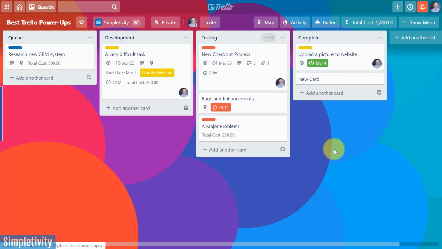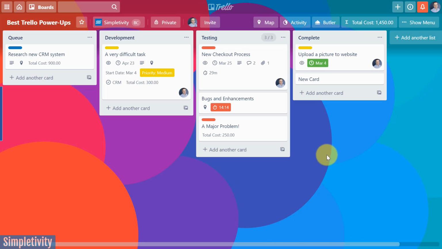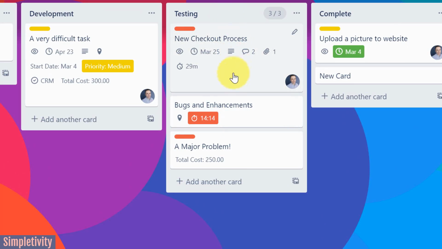Now, the very last one on my list today is, yes, just like the previous four, absolutely free, and it has to do with activity. In particular, tracking your activity and how long you are spending on particular cards. Let's take a look at this testing list a little bit closer. And you can see on this first one here, I've got something with a stopwatch. It says 29 minutes. And then I've got another one here with a slightly different stopwatch icon, and this one's all in red, and it says